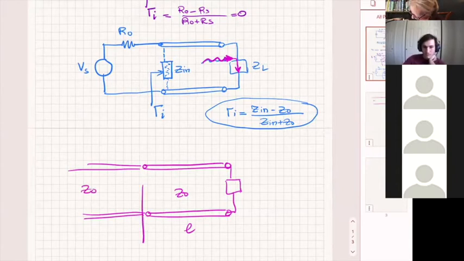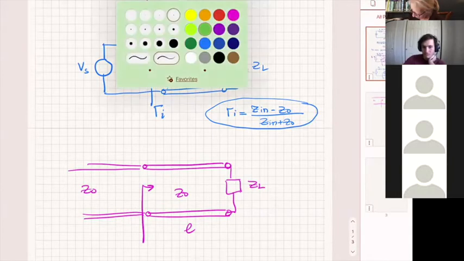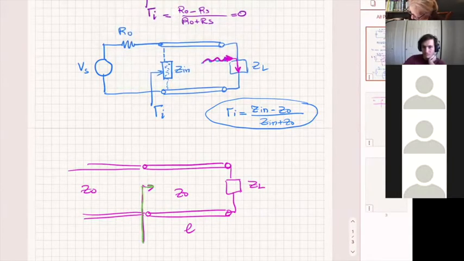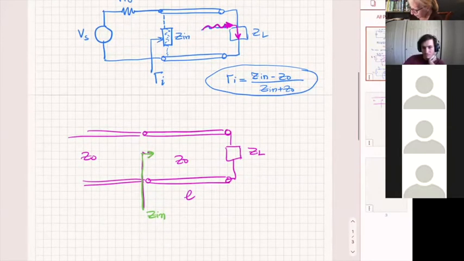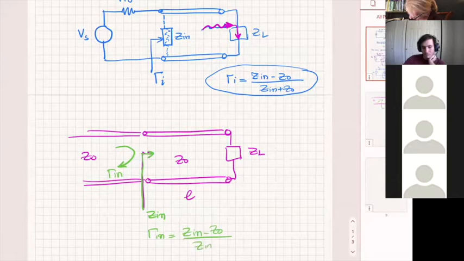The input impedance here, of course, is not going to be Z naught in general, so it's going to be an input impedance. And therefore, the reflection coefficient here, gamma in,